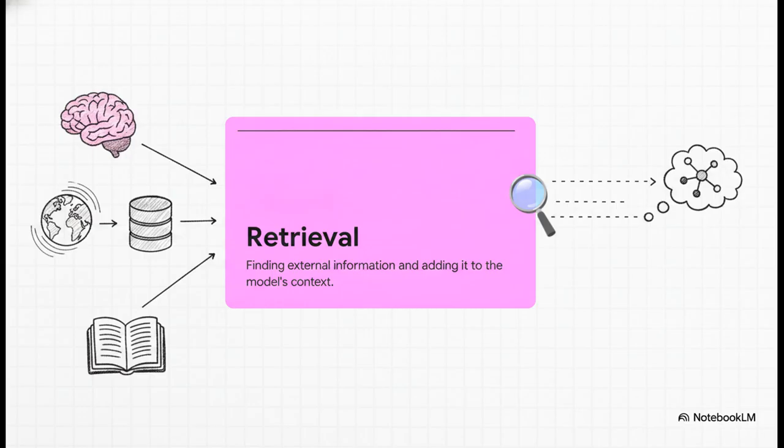But what happens when that workbench is completely full, or the answer you need simply isn't on the desk? That is where retrieval steps in. If the model doesn't know the answer, the system basically has to walk over to the filing cabinet. It uses read tools like running a web search or executing database queries to pull in specific external information and drop it right back onto the workbench, directly into the model's context window.